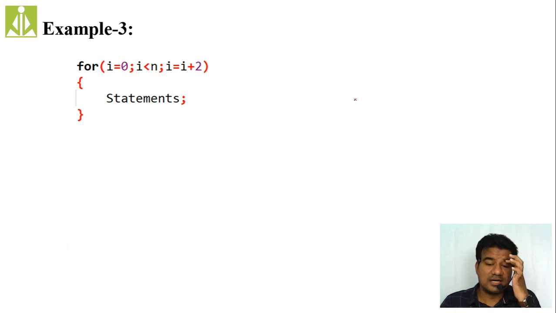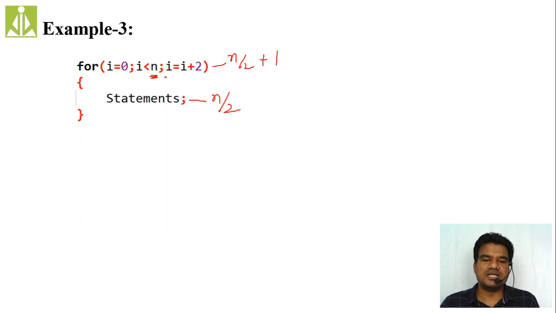So like this. This is a third example. Here, even though we are incrementing i twice, we still don't know the unknown number n. So we consider this will get repeated n divided by 2 times, which is also something like n only. So the loop body will be repeated n by 2 times, and the condition will be checked n by 2 plus 1 times, because it has to check the false condition as well.